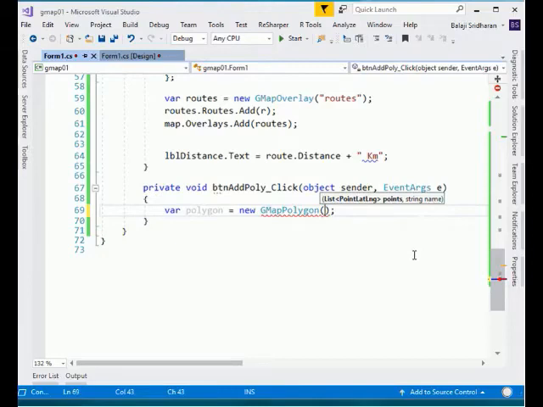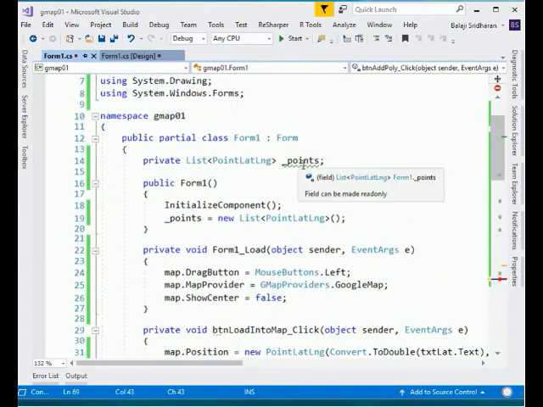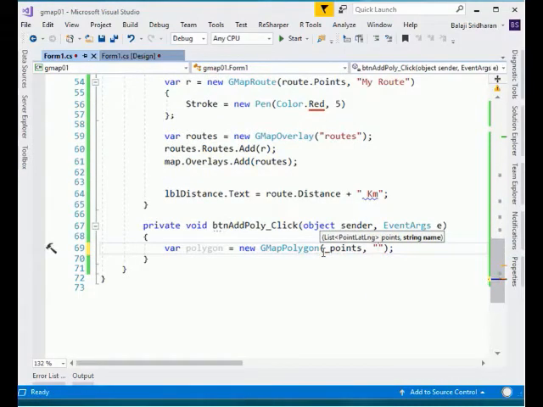We already have our points in our _points list, so we want to use those points here. So points and then name. I will set this to my area. You can set it to any name you want.